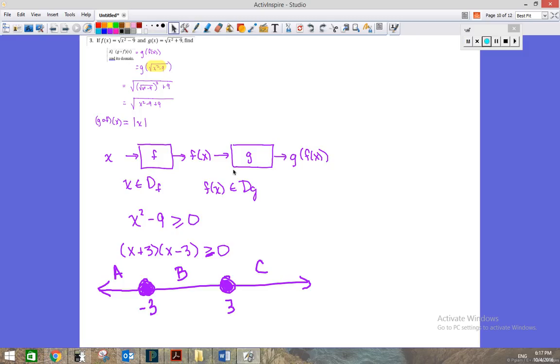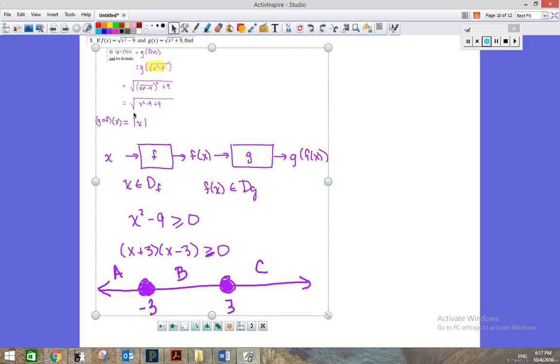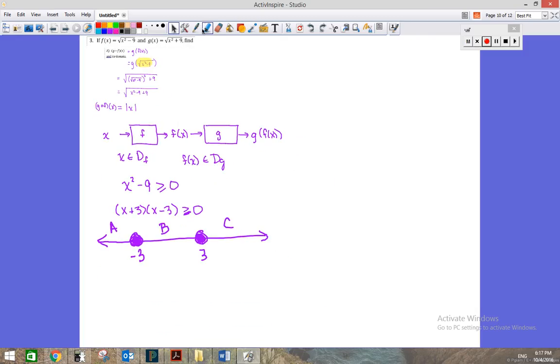So I can pick test points and plug them into this inequality to see whether it's a true or false statement. If it were me, to the left of -3, I would pick a number like -4. In between -3 and +3, I would pick a number like 0, because that's easy to do arithmetic on. In region C, I'm going to pick a number larger than 3, a number like 4. So when I plug -4 into this inequality,